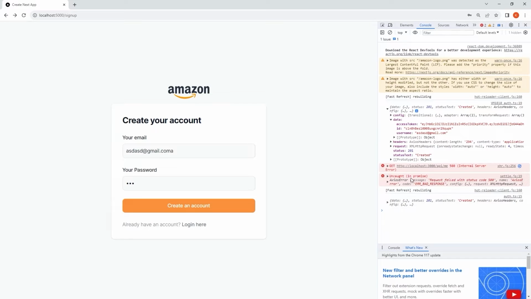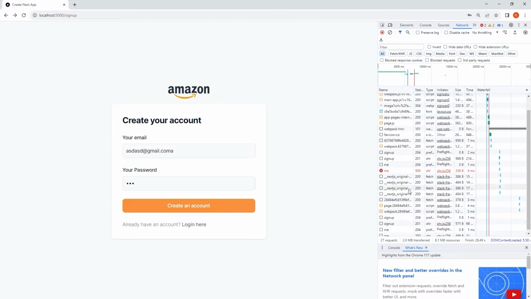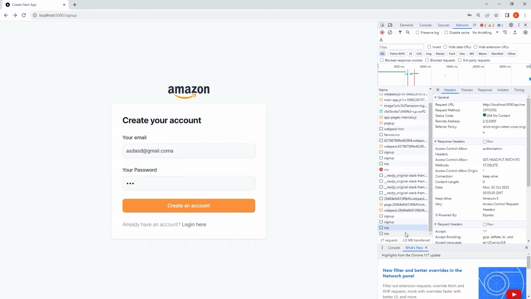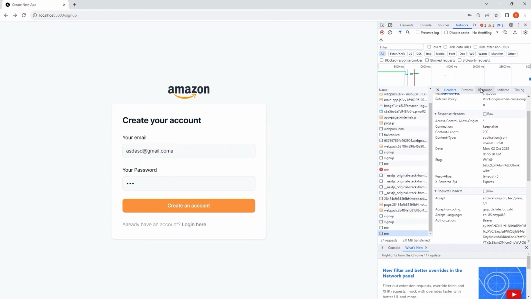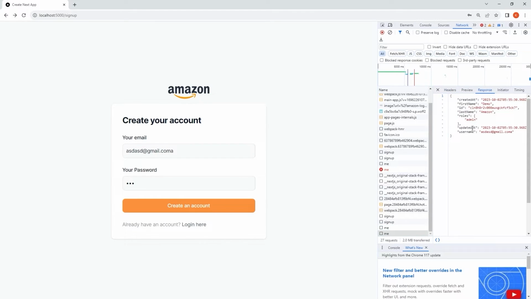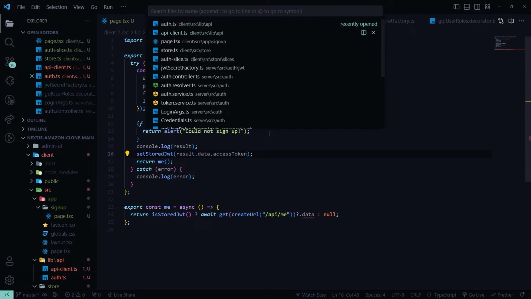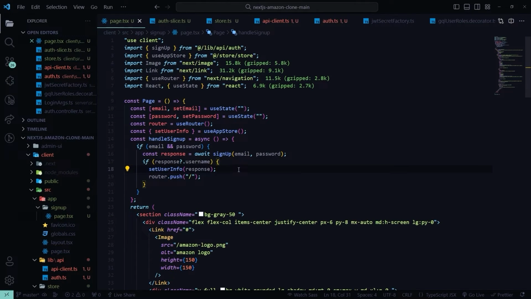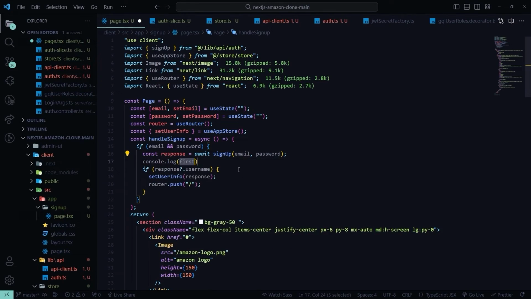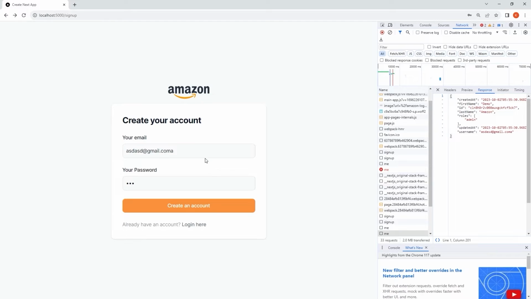We didn't have any error. Network, and that did work, this API, and response is this thing right here. Okay, so this me API is also working. Now we have to see why we fail this thing. If response dot username. Okay, we need to console out the response here. Response, and